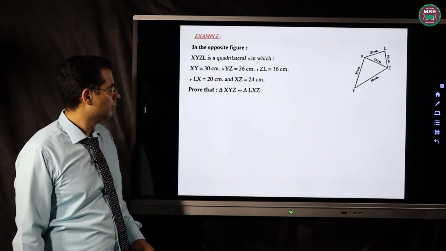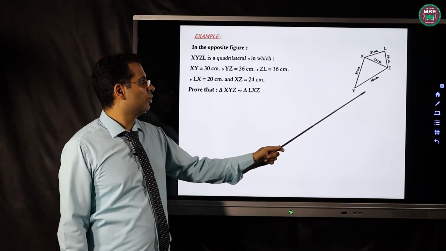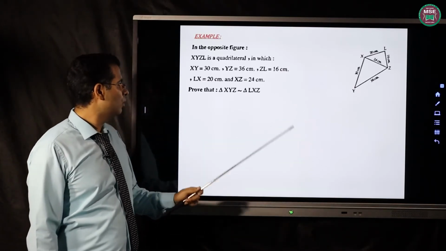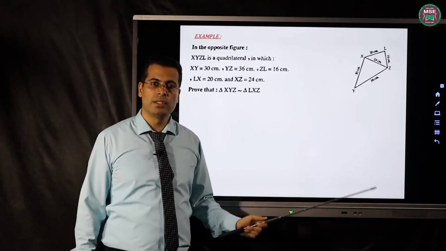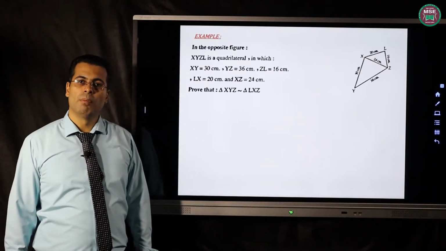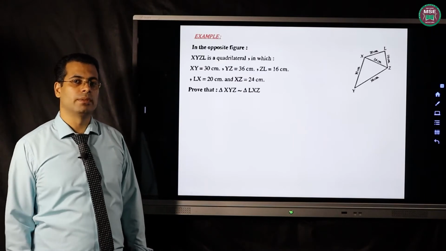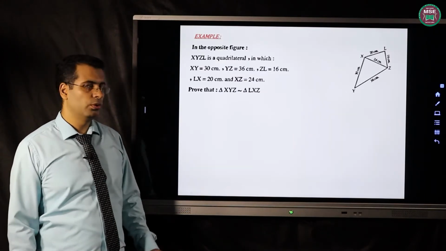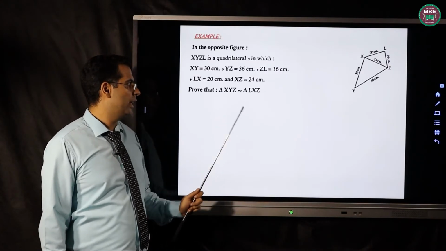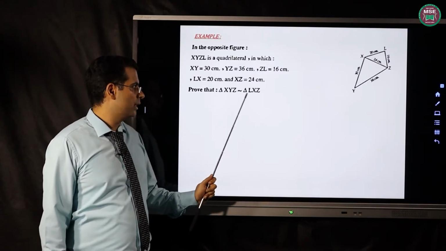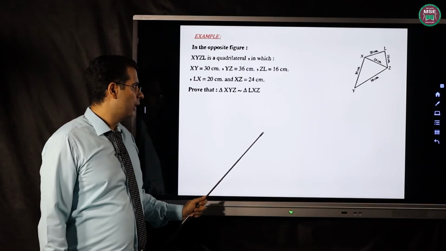Example: I have 2 triangles. I want to prove that the 2 triangles are similar. We have all the side lengths, then we can prove it by using SSS. It's preferred to find the corresponding sides from the letters: XY over LX, YZ over XZ, XZ over LZ,